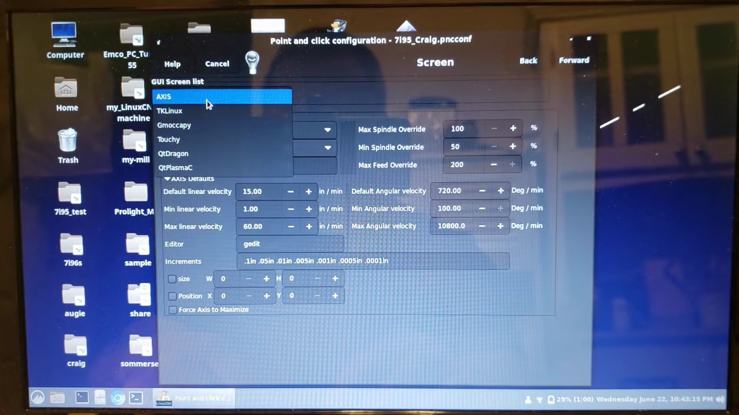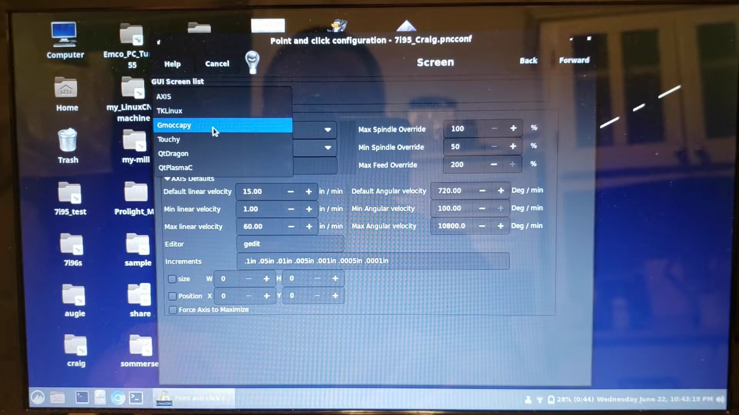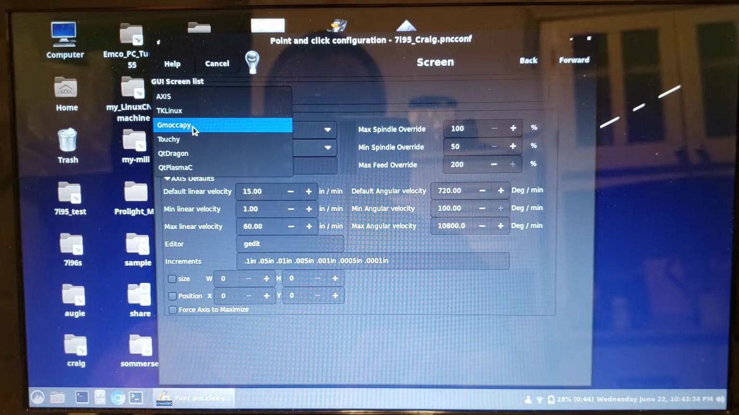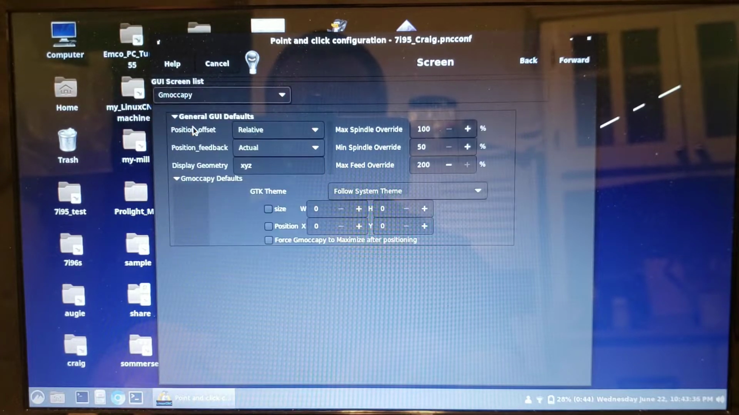You'll notice that there's a bunch of different interfaces that you can choose with version 2.9. The QtDragon and the QtPlasmaC are two newer interfaces. They don't work on the smaller resolution of this laptop, so I just go with Gmoccapy. I'll hit forward,